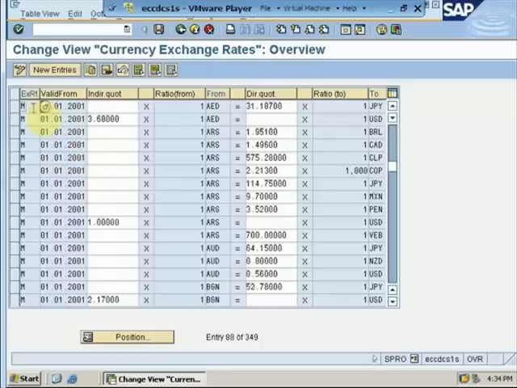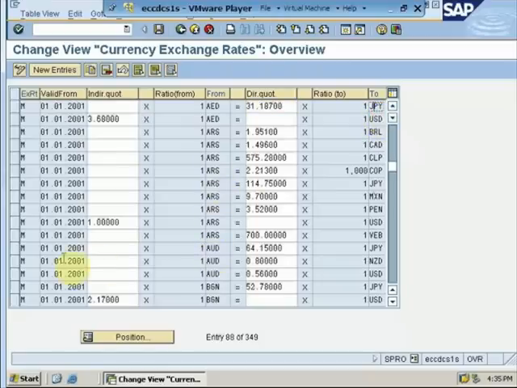Now as you can see, in order to define an exchange rate, all you have to do is enter your exchange rate type and enter a date from which the exchange rate is applicable. You have to select a currency from, in this case a United Arab Emirates dirham, which has been defined at a rate of 31.18700 against Japanese yen, which means 1 AE dirham is equal to 31.18700 Japanese yen.